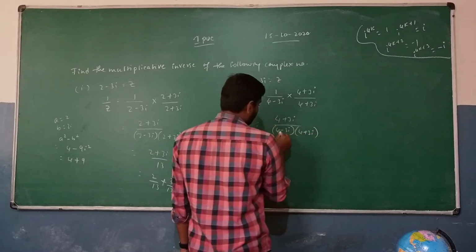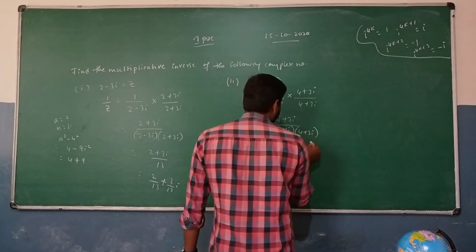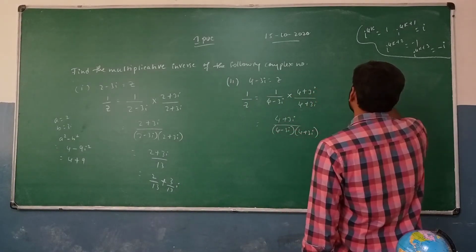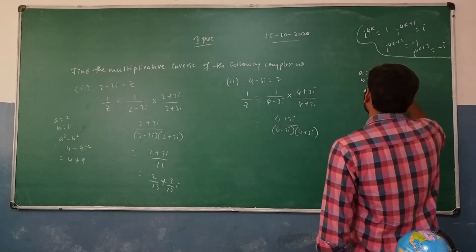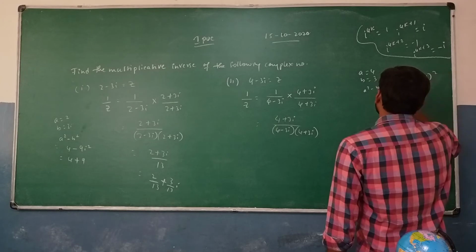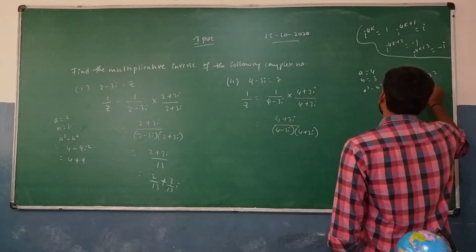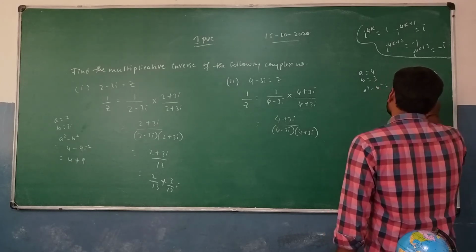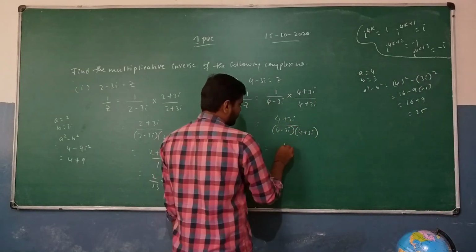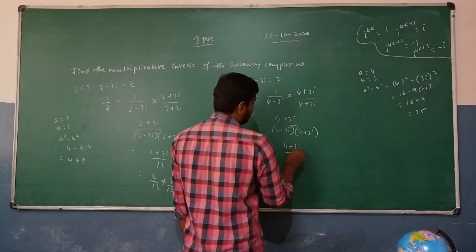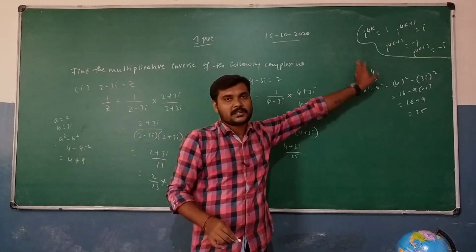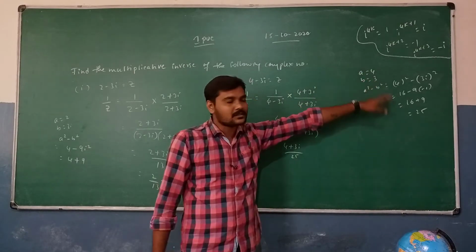So that's going to be equal to a minus b into a plus b. Here a is equal to 4, b is equal to 3. Then a square minus b square is equal to 4 square minus 3i whole square. That's going to be 16 minus 9 into minus 1, which is 16 plus 9, equal to 25. So we can also write it as 4 plus 3i divided by 25. We can also solve this directly, but to know what's going to happen between a and b, we are just solving it like this.